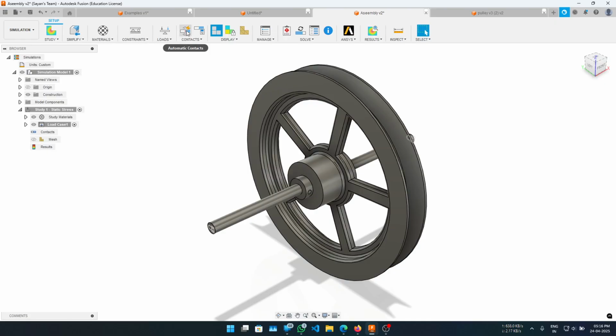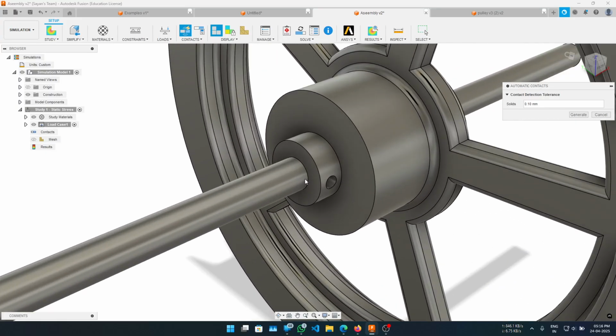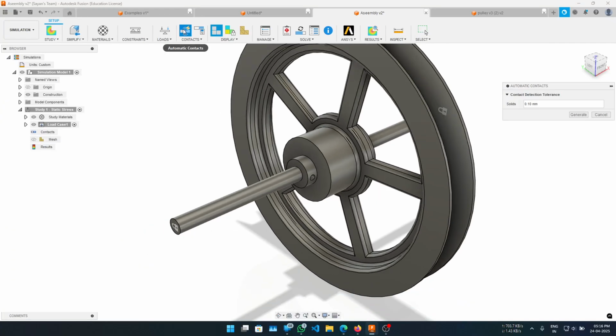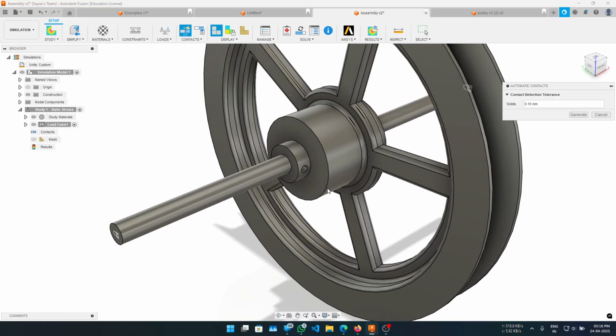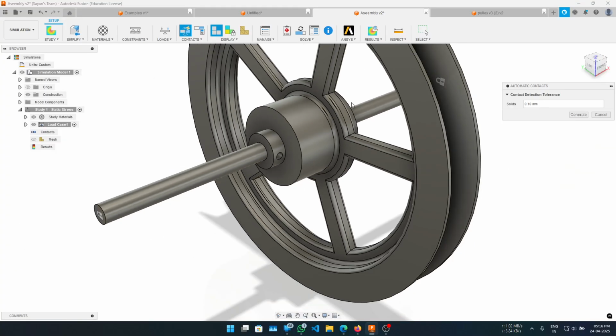Take the constant. So, okay, we need to define this automatic contact to make sure that it knows that they are in contact,